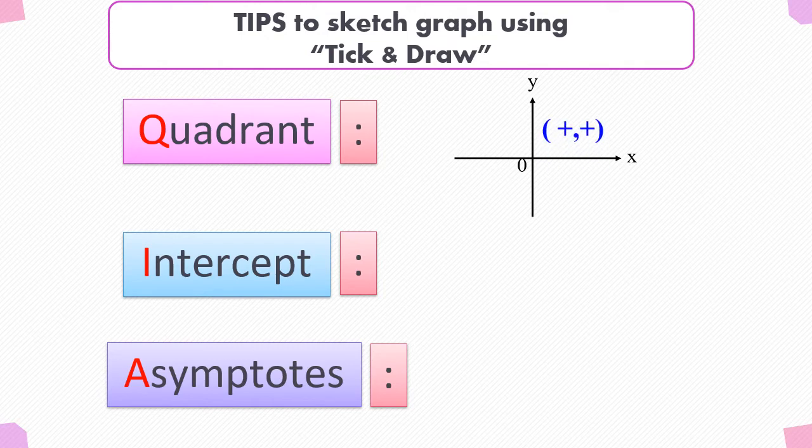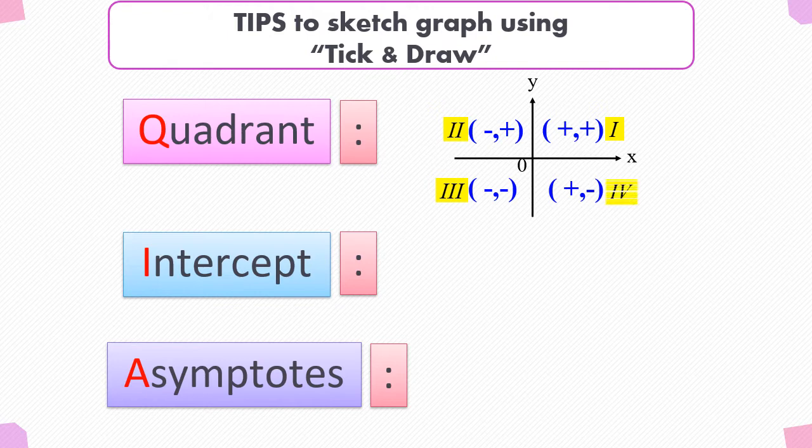Here, the quadrant is identified by looking at the value of x and the value of y of the function. So, for example, for positive x and positive y, the graph must start from the first quadrant. For negative x and positive y, the graph must start at the second quadrant. Same goes to the third quadrant, negative x and negative y, and the fourth quadrant is when x is positive